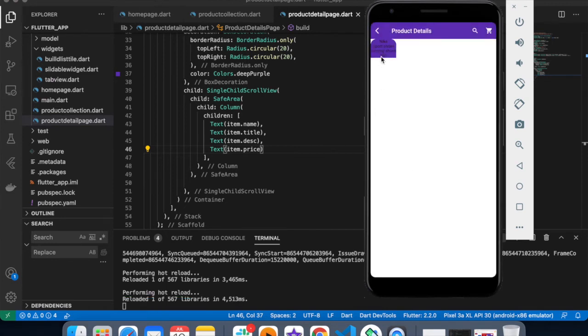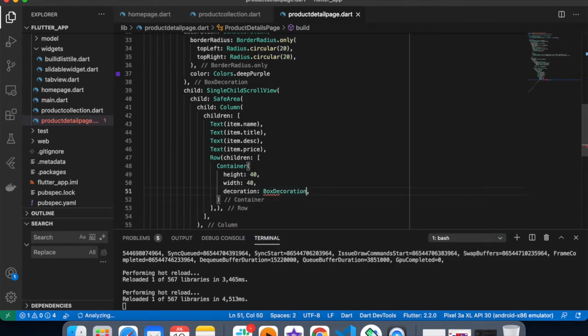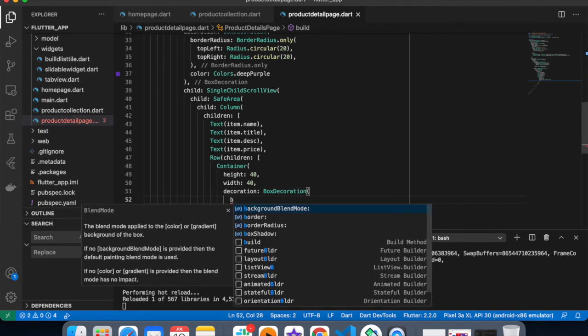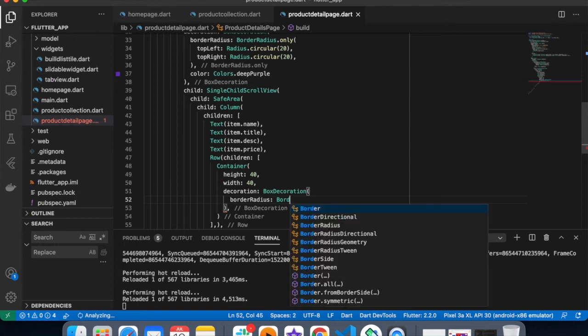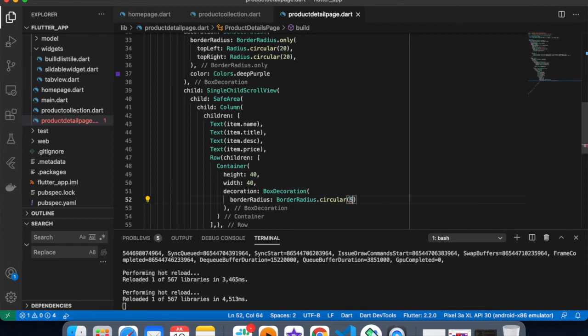Okay, so currently I have wrapped everything inside this, and inside the row I'm going to create a container whose height will be 40 and width will be 40, and decoration will be box decoration, border radius circular, and I want the color to be white.